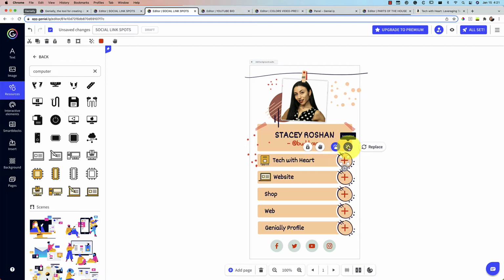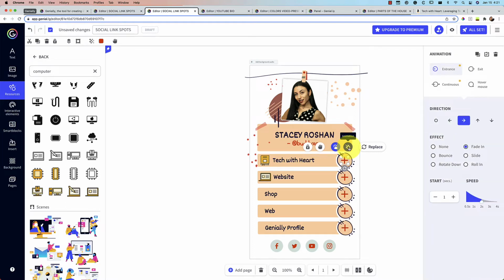This last one that is turned on is the animation. So the animation type is that it is making an entrance from the left. It's fading in. It starts after 1 second, and here's the speed it's happening at. So it takes 2 seconds to fully animate. So you can change this up. I'm going to just leave the animations as they are. You can see how it was working there.